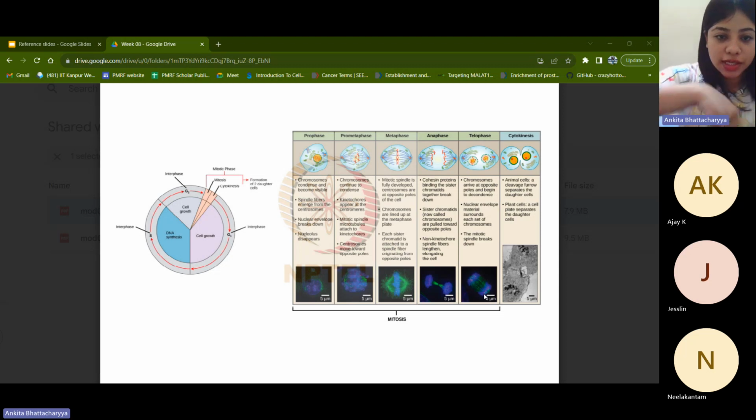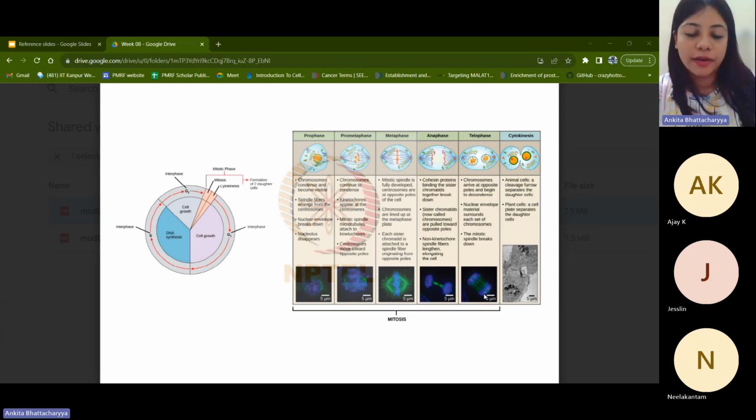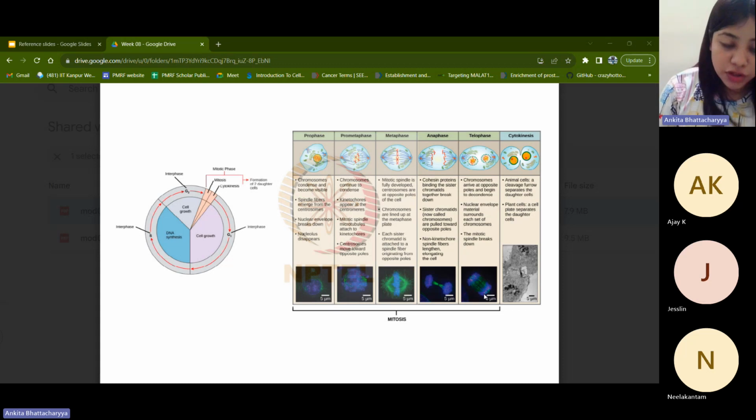It is only some regions are getting wrapped, some are unwrapped, again some are wrapped, some are unwrapped. It is that beads on string structure is there. So it is all part of the chromatin or the genetic material of the cell at the end of the day. What is exactly within the nucleolus, I will have to look up. I don't think it can be in that way that more condensed genetic material is in the nucleolus. I don't think that makes sense, but still I will not speak unless I have read up on it. So I'll need to look it up. If necessary, I can answer this question on the discussion forum for clarity.